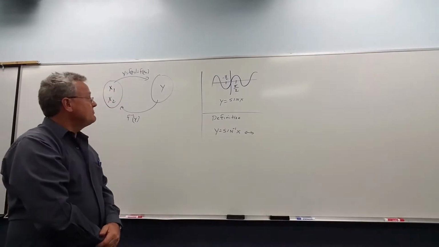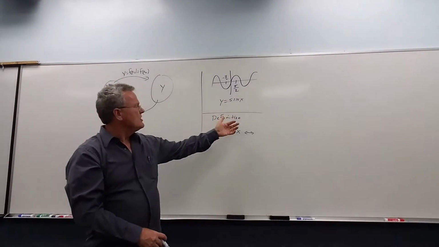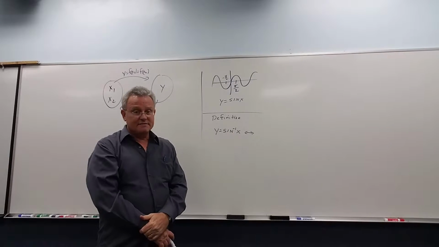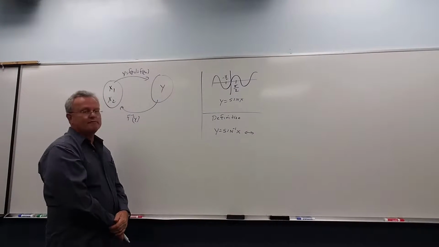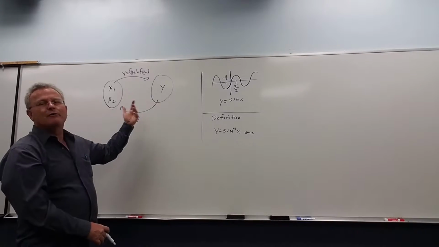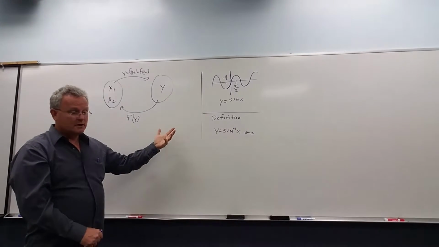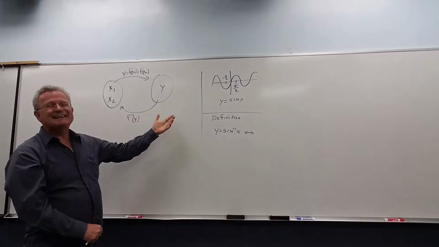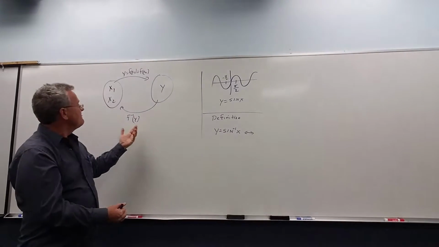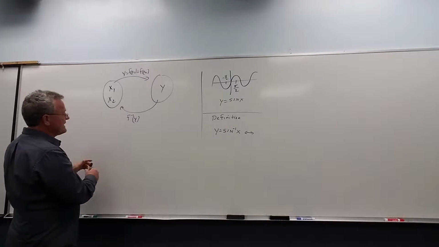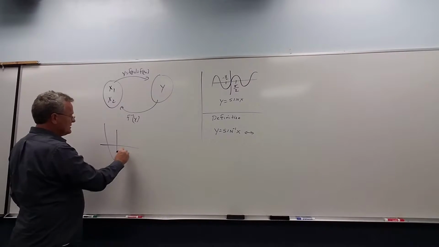Okay, so in this example we're going to figure out the definition of inverse sine. But before we do that, let's refresh our memory from algebra about inverse functions. If a function has an inverse, it's got to be 1-to-1. Why? Because if we have two x values, for example, a